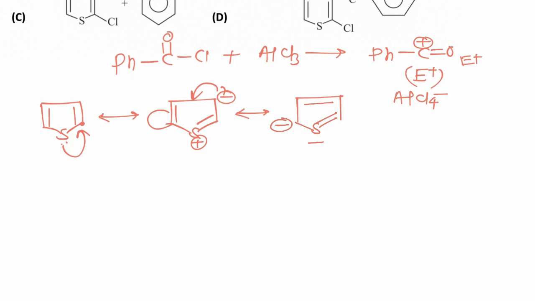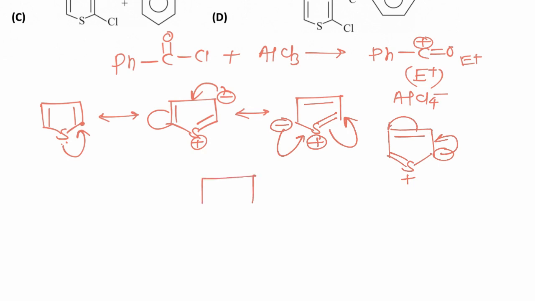Now it may be further delocalized, so other resonating structures are formed in which negative charge is present on this atom, and after further resonance, negative charge is delocalized on all the atoms. Now maximum electron density is present on those positions where the resonating structure is comparatively more stable. Now out of the given structures, the first structure is most stable because it is neutral.